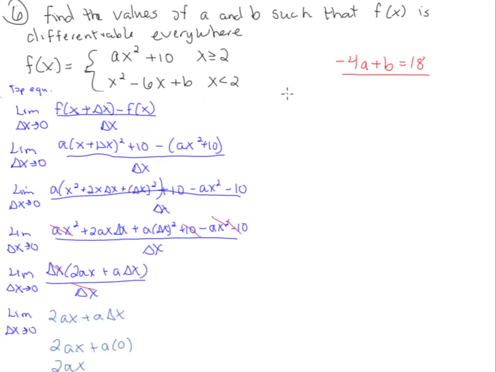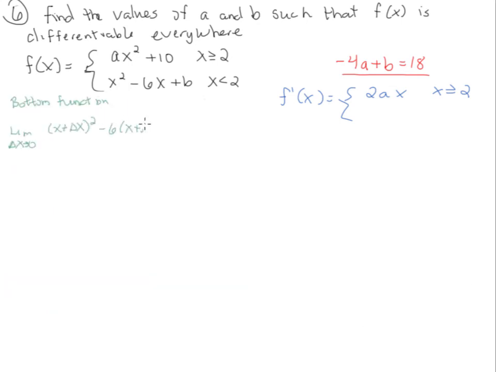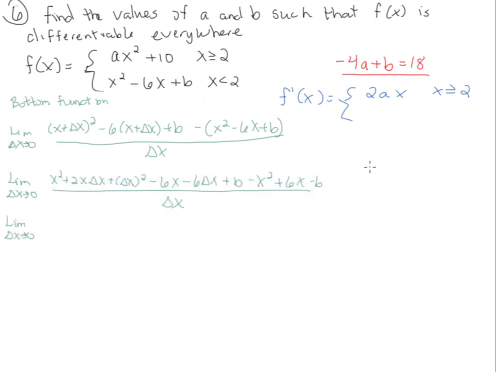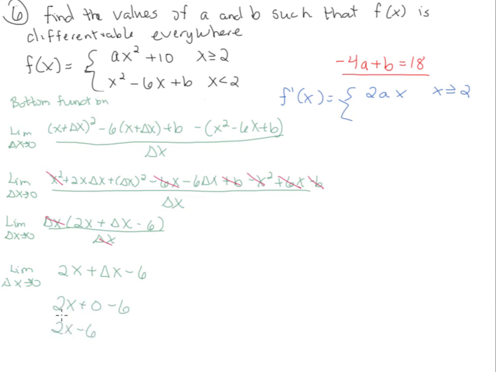So for our derivative function, f prime of x, I'm going to make a piecewise function, and my new top derivative will be 2 times ax, and this is when x is greater than or equal to 2. And now I'm going to repeat this process for the x squared minus 6x plus b equation. Derivative for x is less than 2 would be the equation 2x minus 6. So I have my derivative defined by a piecewise function